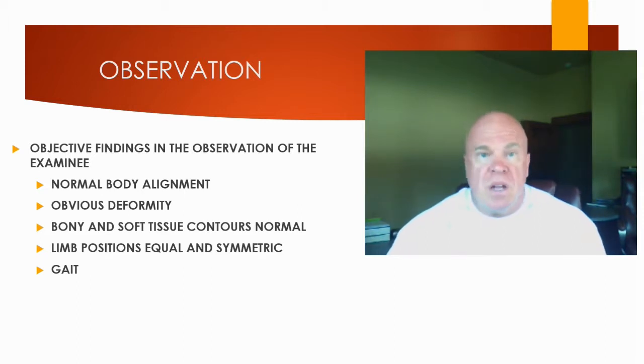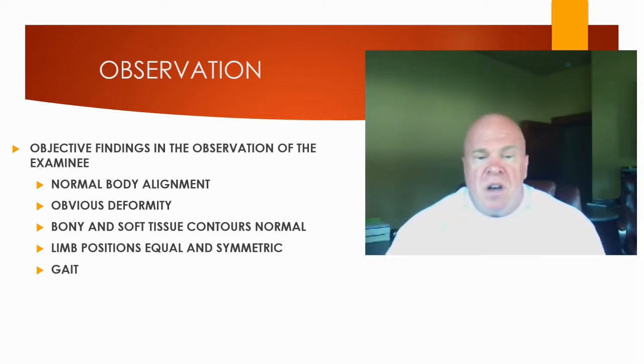What about any obvious deformity? These are deformities that are readily detectable. If the examinee has, for example, flexion contracture of various fingers, or the examinee has a scoliosis deformity, or a thoracic kyphosis deformity, or genu varum or genu valgum. These are things that you can easily spot simply by observing the examinee. These findings could support the examinee's injury condition and could support the examinee's subjective findings if they are consistently related.